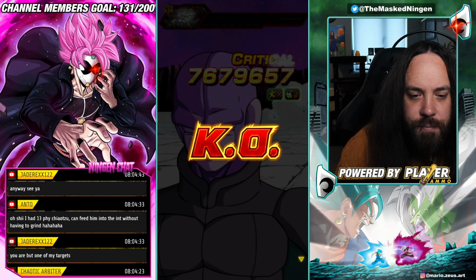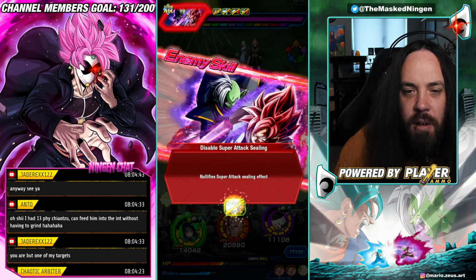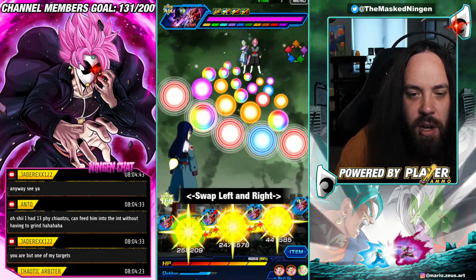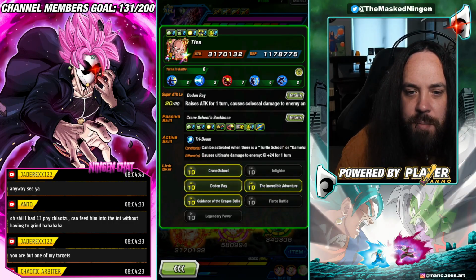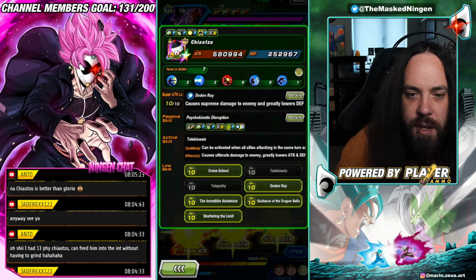But yeah, I mean, he seems pretty good. Like I say, for a free-to-play unit, I can't complain too much. I mean, he is going to be dodge or die against the toughest bosses, which is potentially an issue. But this should be a good turn, actually. Let's go ahead and use...